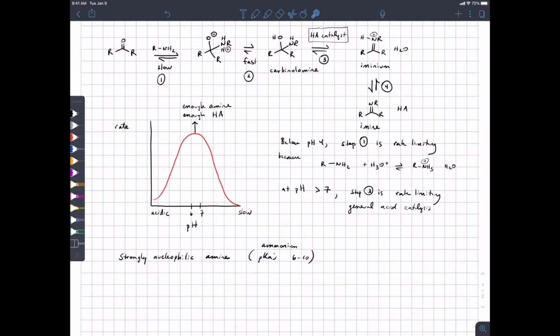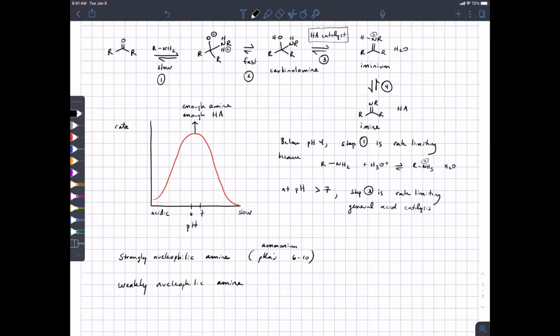And weighed against that, you have to have enough acid catalyst present for the carbinolamine to convert to the imine instead of going backwards. So which of these steps, 1 or 3, is rate determining can really depend on the kind of amine you're using. If you're using a strongly nucleophilic amine, probably step 1 is not rate determining. Probably that's fast. And then it's step 3,